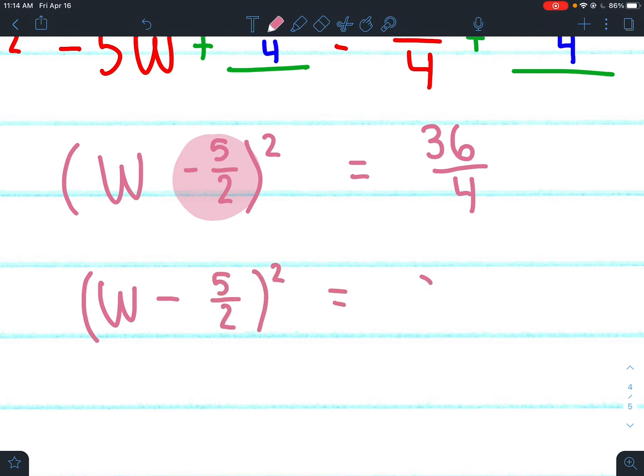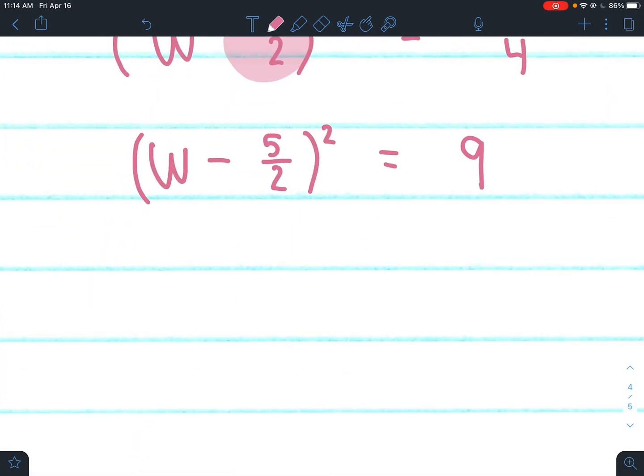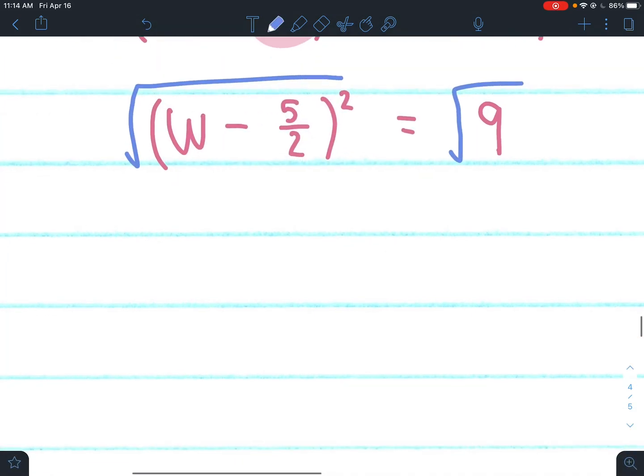Simplifies to 9, because 36 divided by 4 is 9. All right, after you finish factoring the left and simplifying the right, then you solve by taking a square root. So we're going to square root both sides, just like when we were learning how to take a square root. Remember, the square root and the square cancel each other out, so I have w minus 5 over 2 equals,